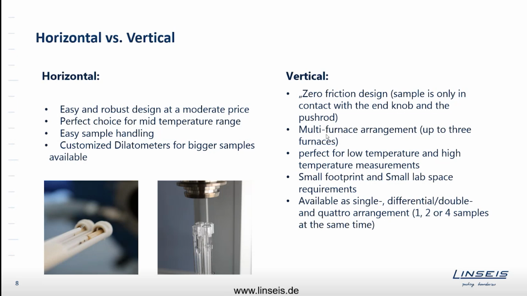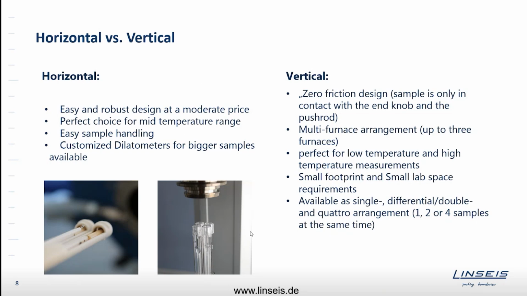You can have multiple furnace arrangement, but that you can have in both setups. In the vertical, it's up to 3 furnaces, and the horizontal is up to 2 furnaces that you can turn around and switch. So you gain 1 more furnace position in the vertical setup. And if it comes to very low or very high temperature measurements, just in case you have 2000 centigrades or even higher furnaces, or you want to measure lowest liquid helium or liquid nitrogen temperatures, the vertical setup is the perfect setup because you get rid of all the convection, because hot gases always tend to go up, and therefore a furnace for ultra high temperatures should be on top in the vertical setup,